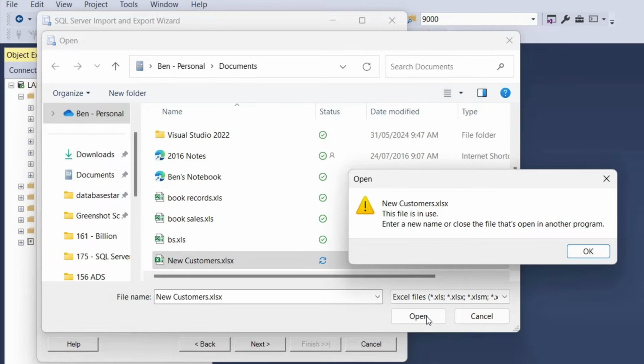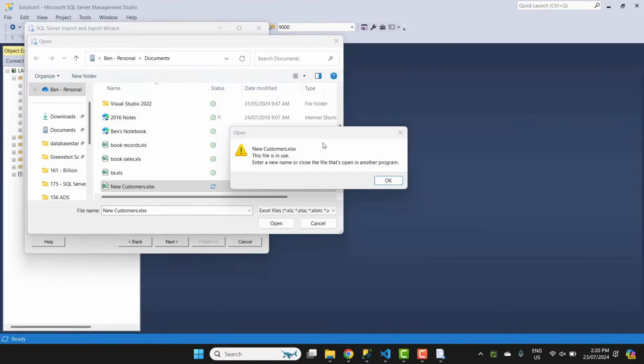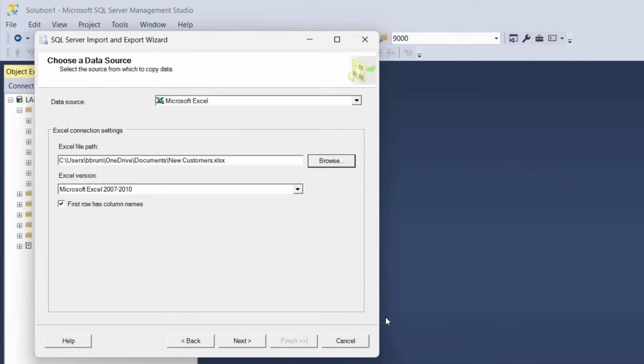I get an error here which says the file is in use. This is because I have the Excel file open, so I'll have to close this file first. Back in SSMS, I can click OK and then click Open again. This time it works. The Excel file path field is populated with the directory path and file name that we